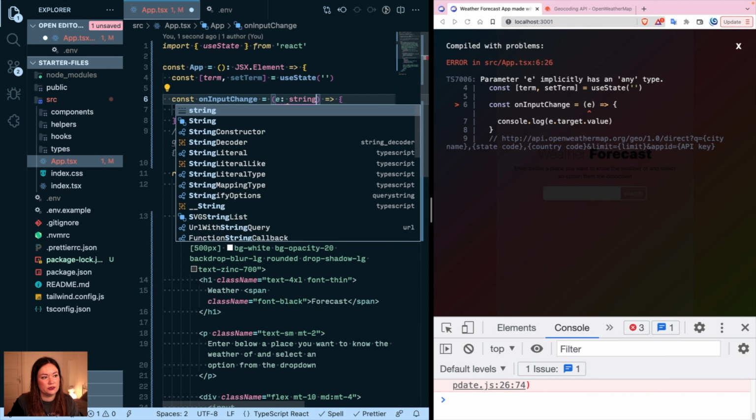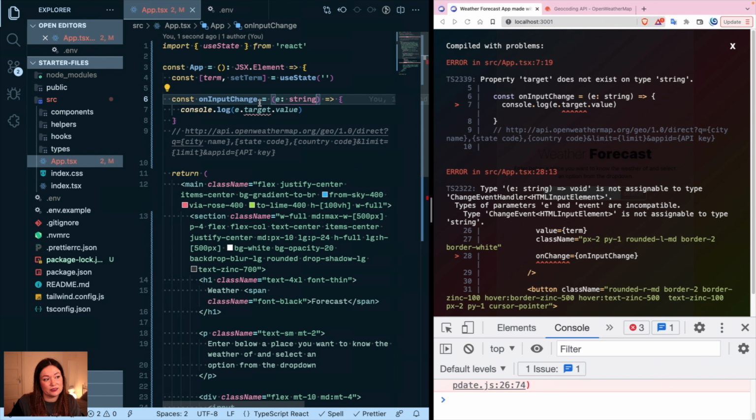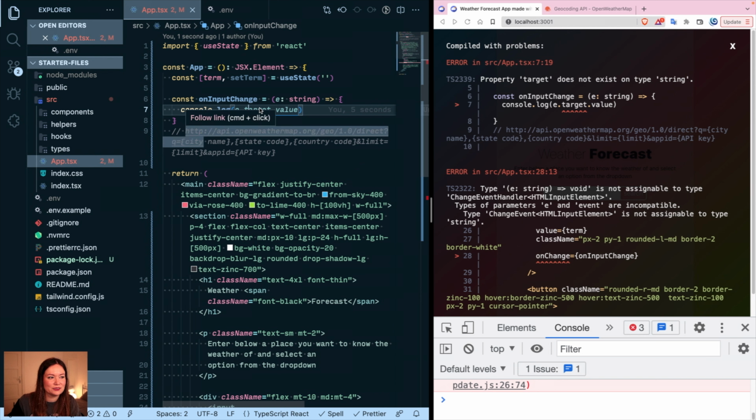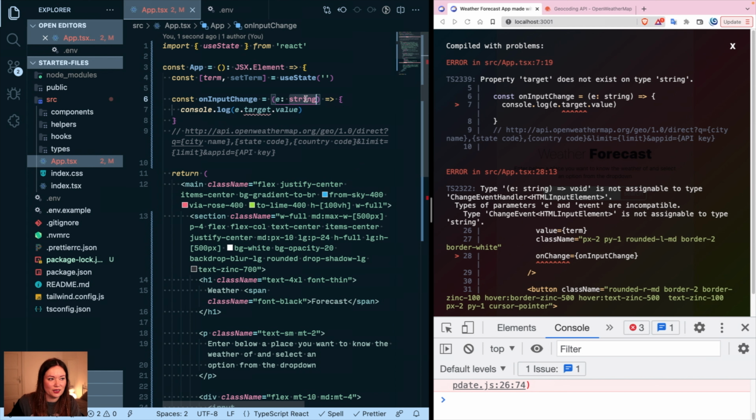So I can define that it's going to be a string, but since I define that it's a string, later on this e, I'm accessing a dot target of a string, which doesn't make sense, right? If I hover, it says property target does not exist on type string. So, okay, that already tells you that something is wrong there. And in case of an event, like of an e thingy, there are actually prepared types from React